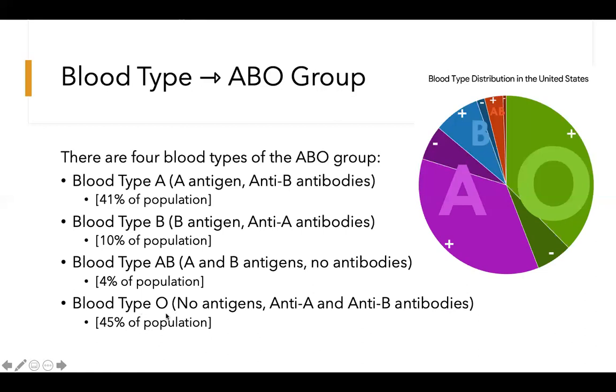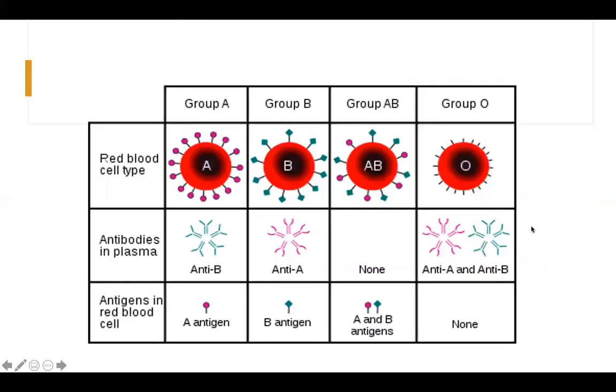Blood type O is the most common blood type, with 45% of the population having blood type O. So this diagram I really like. The last depiction had the spiky blue and yellow things. But I really like how they depict the antigens to have different shapes, because that's kind of how antibodies and antigens work. So you can see here, for blood type A, they have these pink circular antigens on the